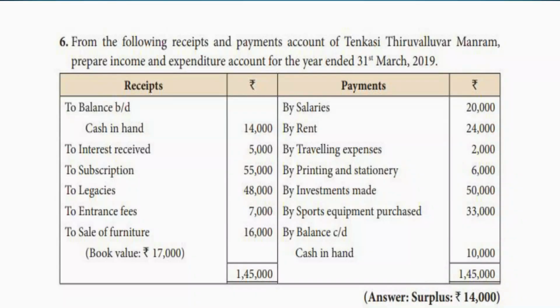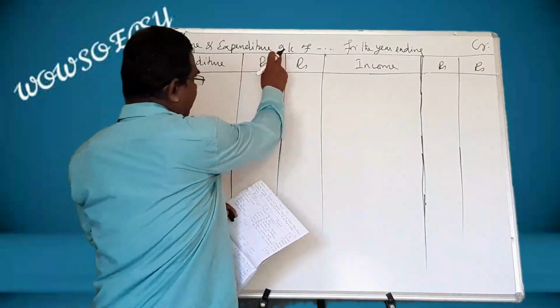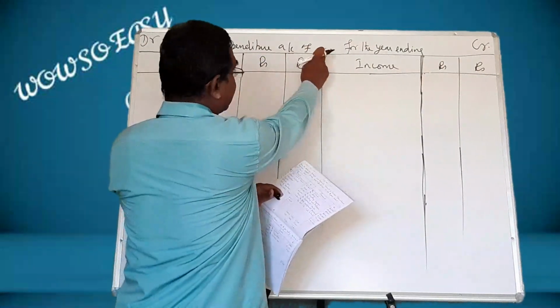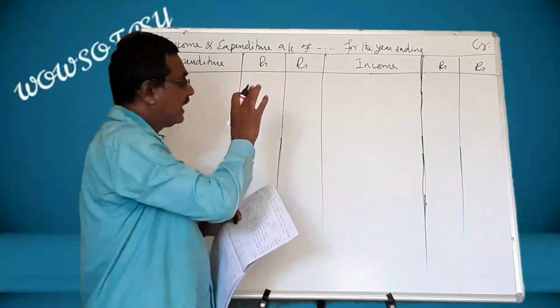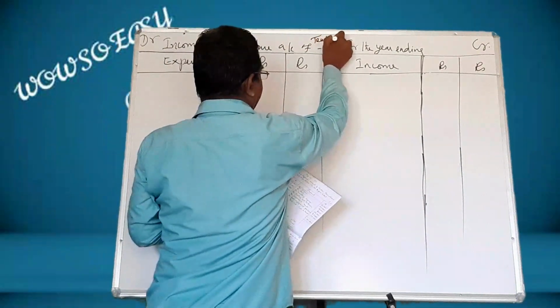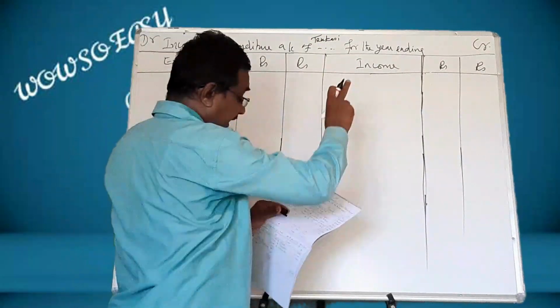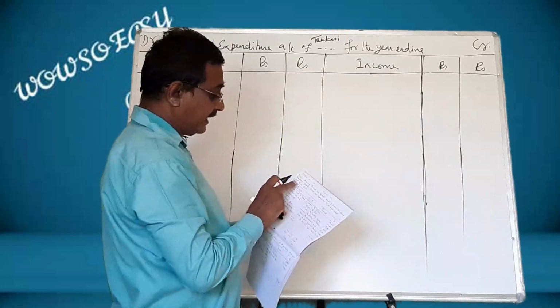See, when we go to do the problem, you keep your book aside of you and verify that. From the following receipts and payments account of Tenkasi Thiruvalluvar Mandram, here you have to write the name, income and expenditure account of Tenkasi Thiruvalluvar. I don't have space, that is why I do not write the name. Anyhow, you have to write Tenkasi Thiruvalluvar Mandram. For the year ended 31st March